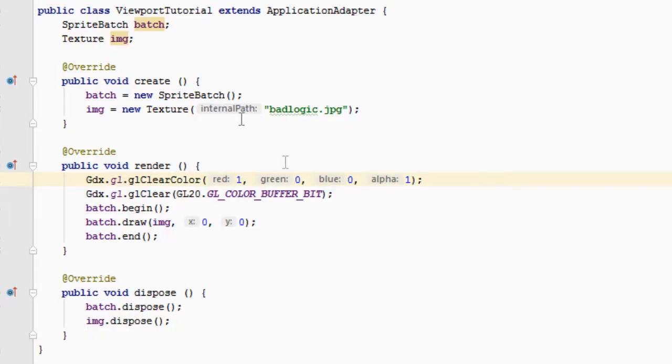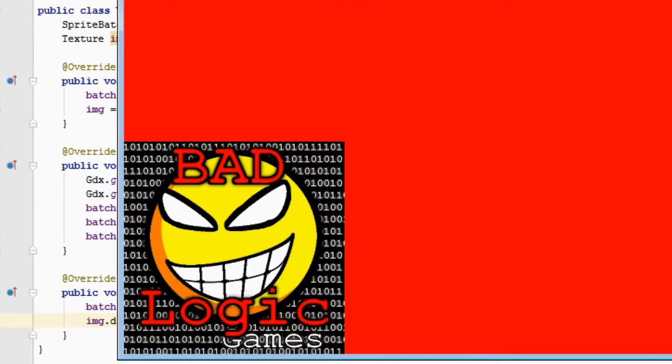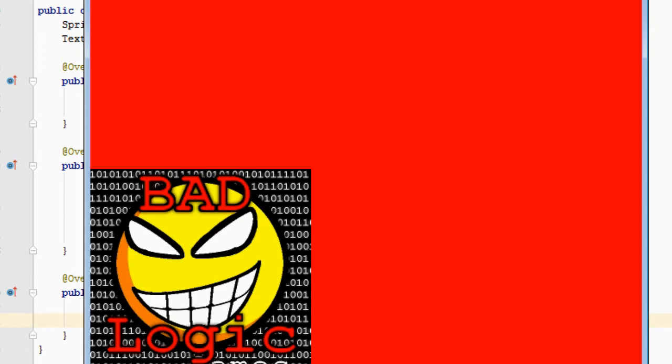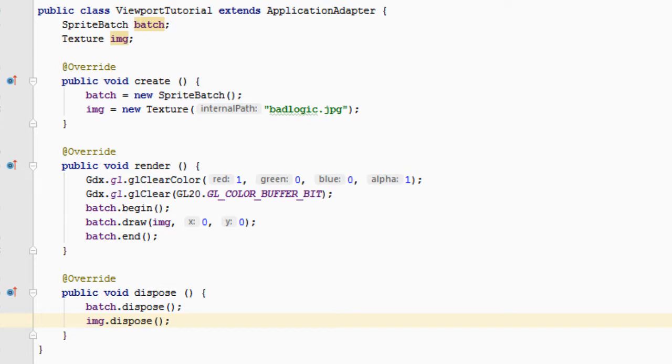Okay, so this is the default code you're given to begin with. And that will lead to this. Oops, that's messed up. Alright, it's just in the bottom left hand corner, rendered fine. But this is not using pixels per meter. Instead, it's drawing the